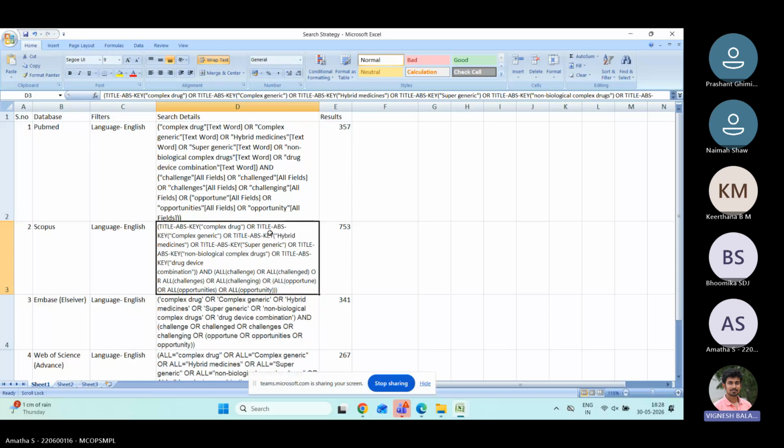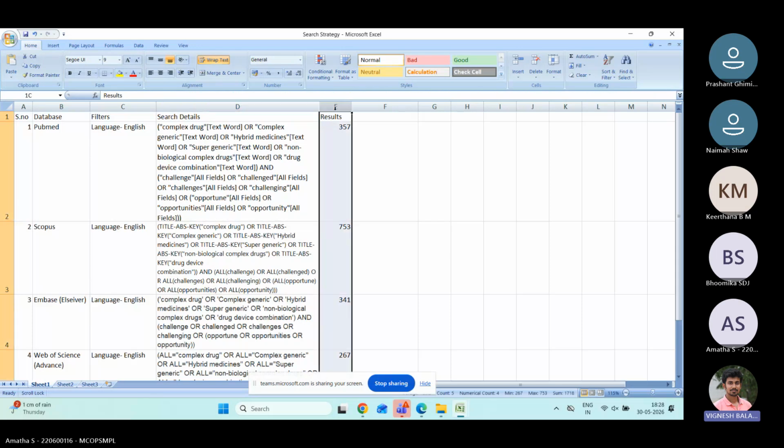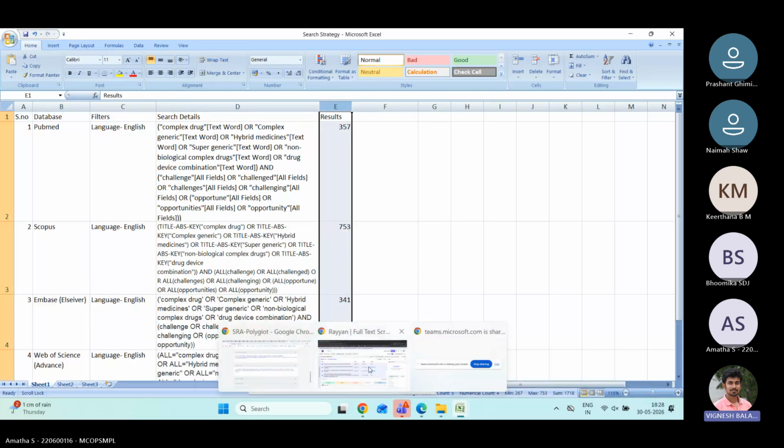Usually for systematic review, we use only research articles. For a rare case of scoping review, we will use review articles as well, if that count is very less. And you will get the search string. Then this result column will come, like after screening. Now, for example, this paper,